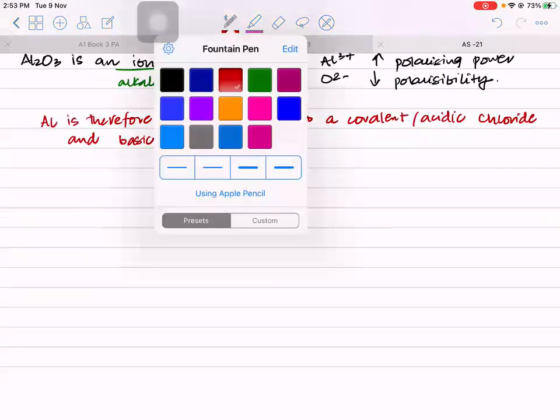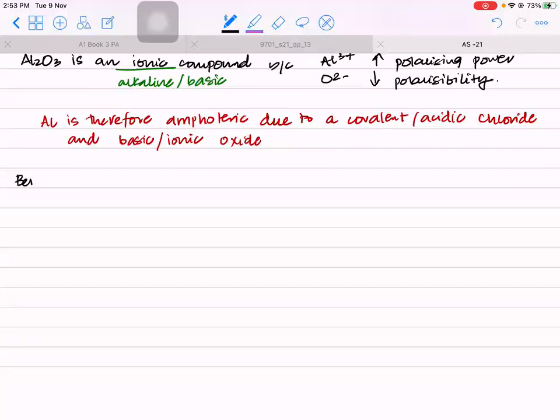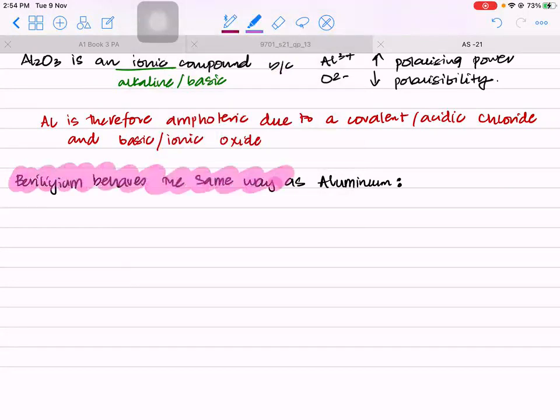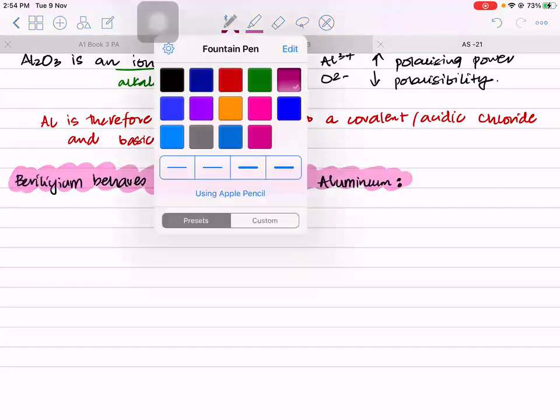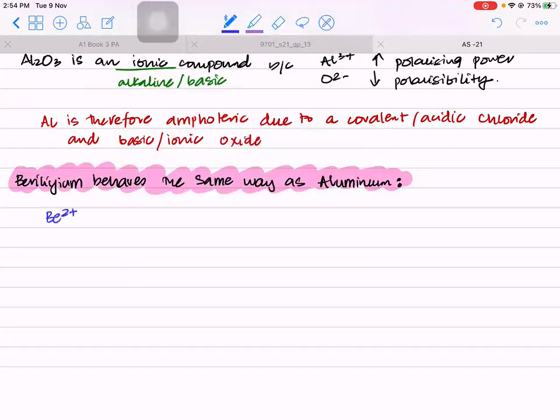Now let's see properties of beryllium. So beryllium behaves the same way as aluminum. Let's see beryllium. Beryllium is in group 2. So that means it will have a charge of 2+. Now beryllium 2+ has a high charge and a smaller radius. Therefore, it has high charge density. And therefore, it has high polarizing